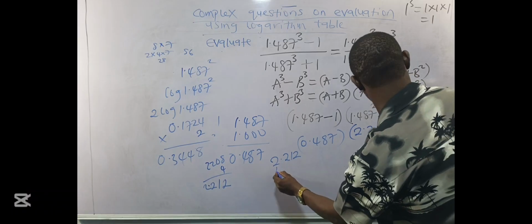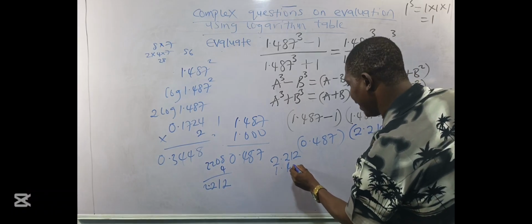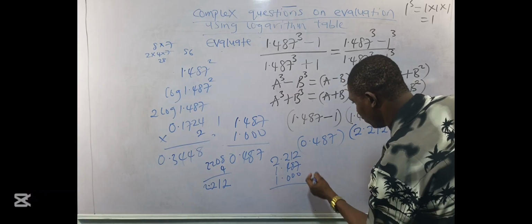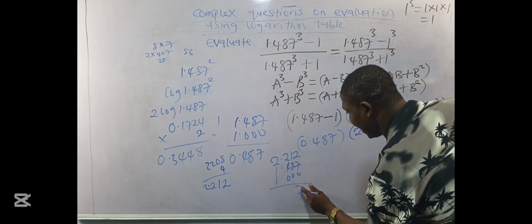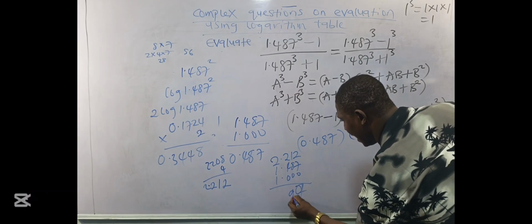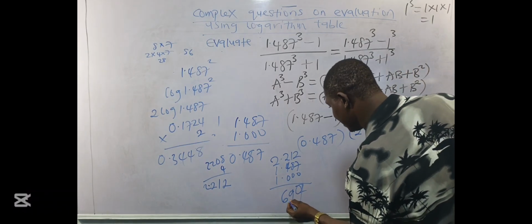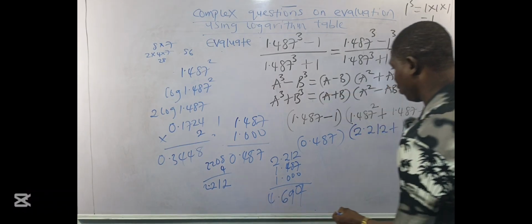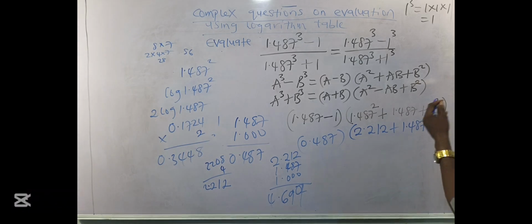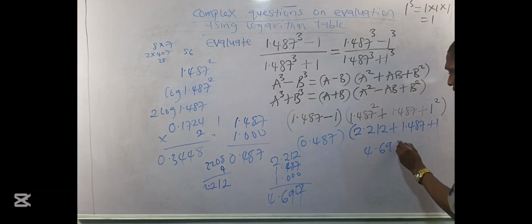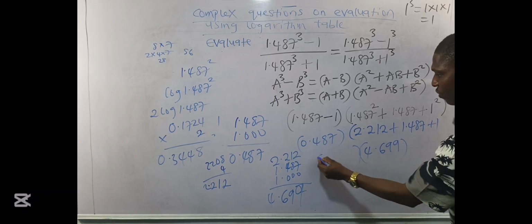So if I add up this, I have 2.212 plus 1.487 plus 1.000. So this will give me 0 and 9. This will give me 9. This is 4. This will give me 6. This will give me what? 4. So my final answer when I add up these three will give me what? 4.699. And I have my second value here,